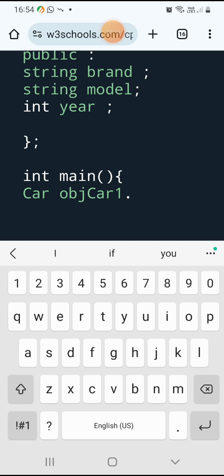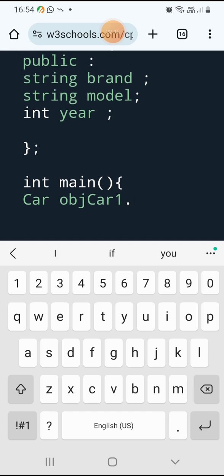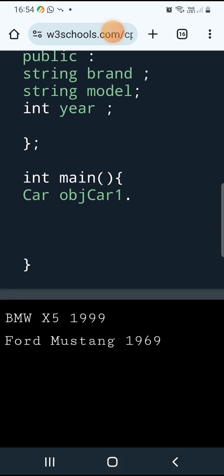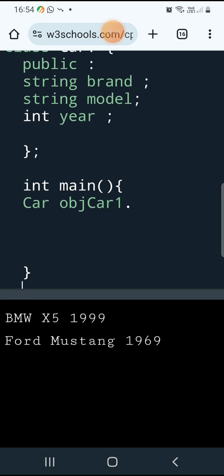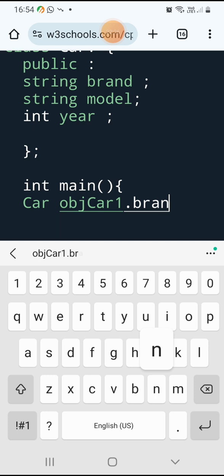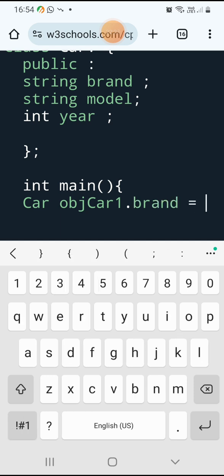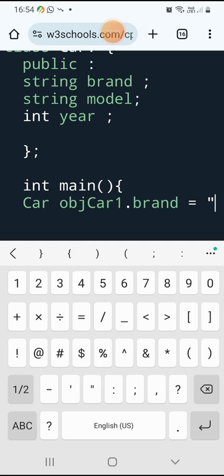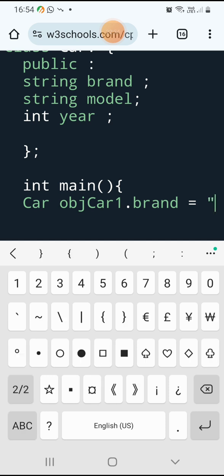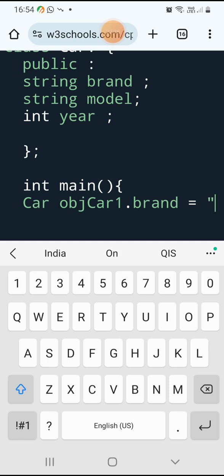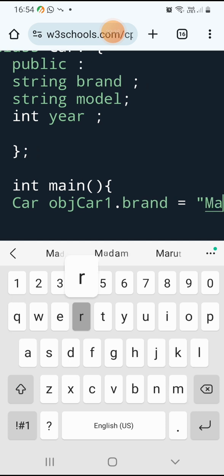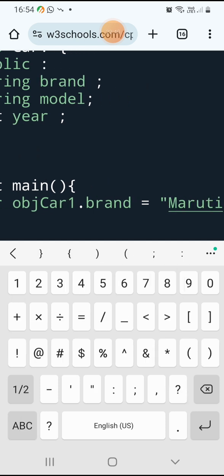So here we need to assign the values. Okay, what are all the values? Brand is equal to what? String. So double quotation marks inside of the string, brand. What is the brand? Suppose the brand is Maruti. Okay, double quotation